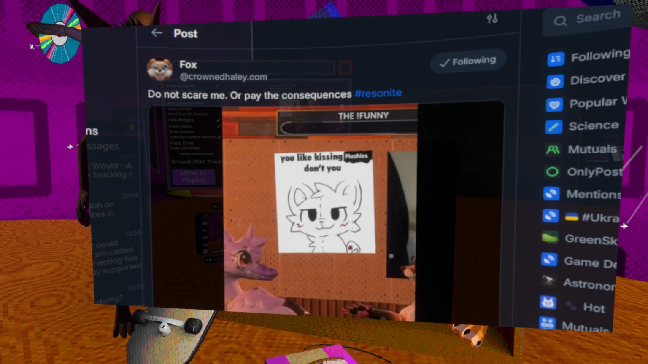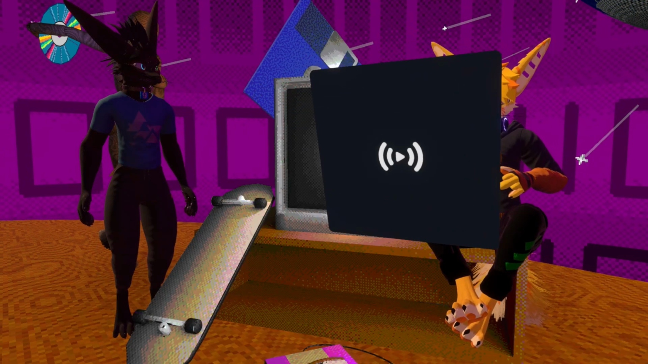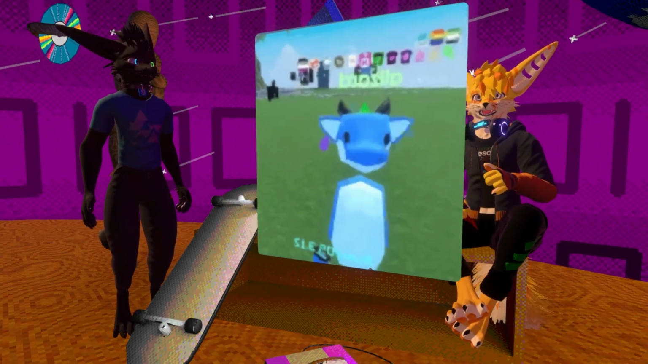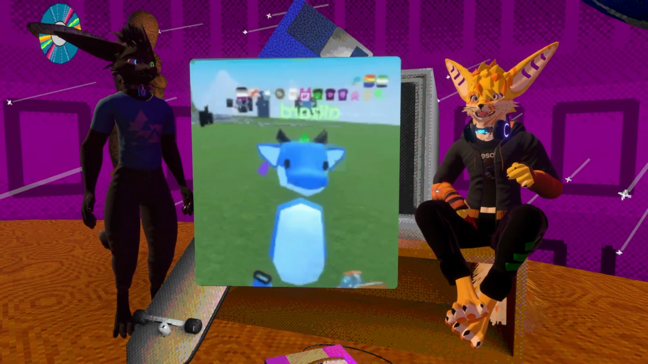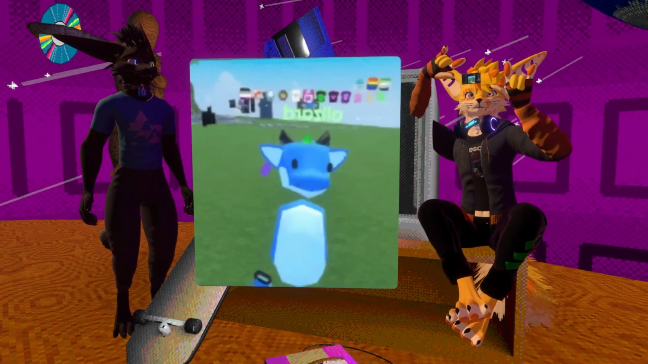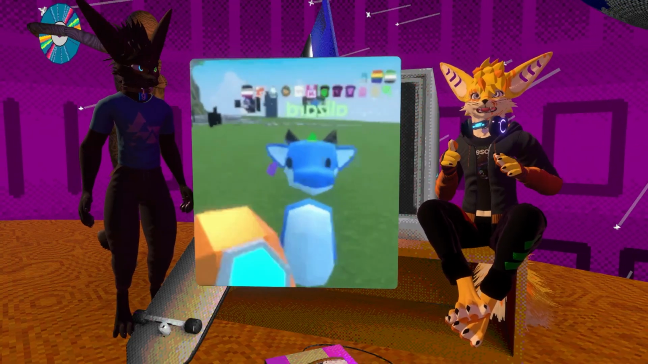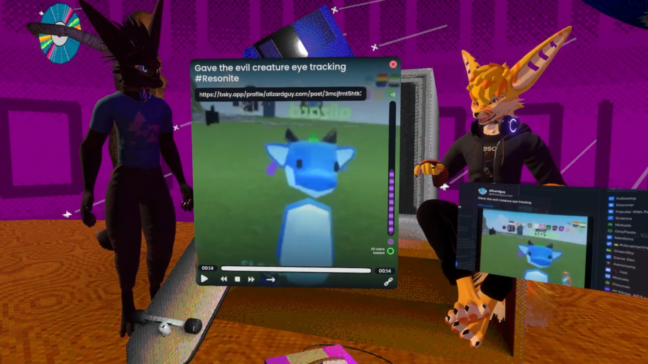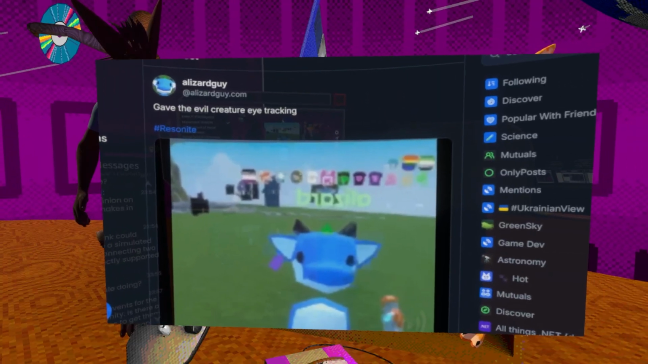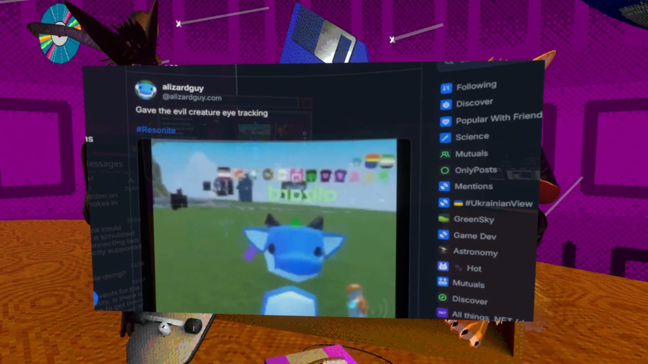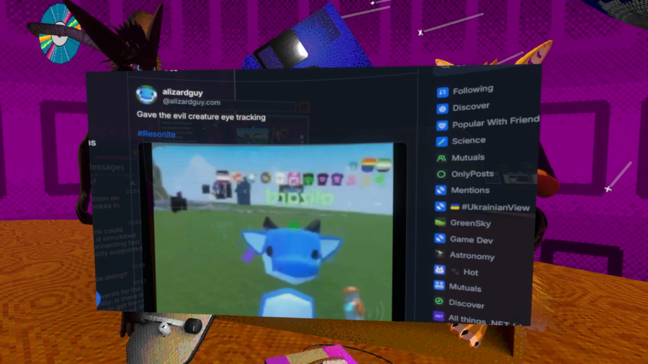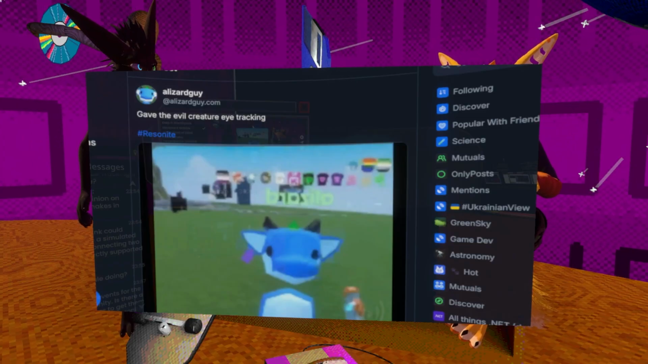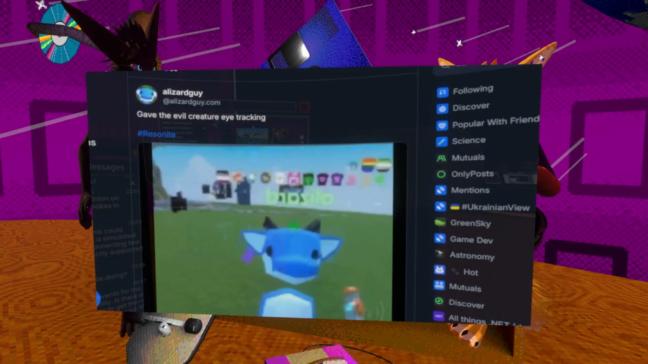So I'm going to bring this one in, and this might be the last one. Let's see if there's more. So also another eye tracking one with this good low poly avatar. And it says gave the evil creature eye tracking, and it looks like they recorded with an in-game camcorder too. Which is kind of cool, just posting it on. It is like its own vibe. Okay, I think we might